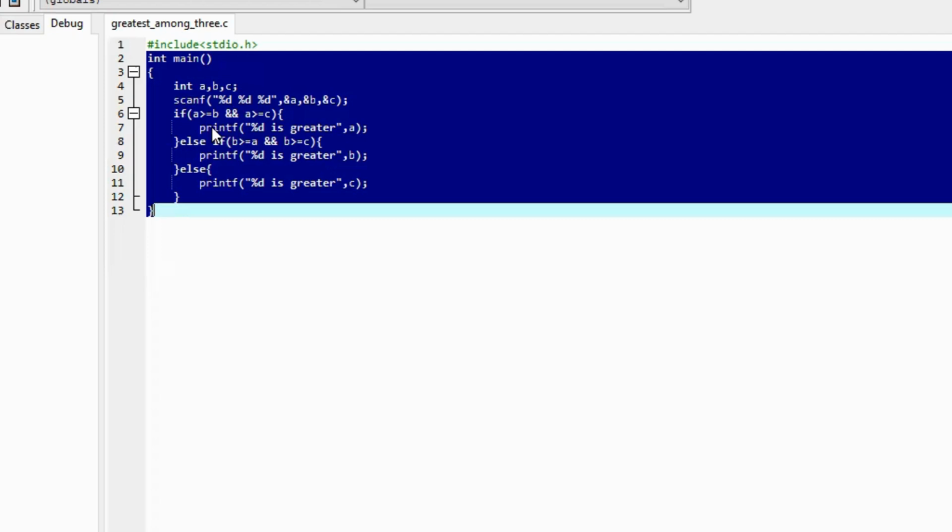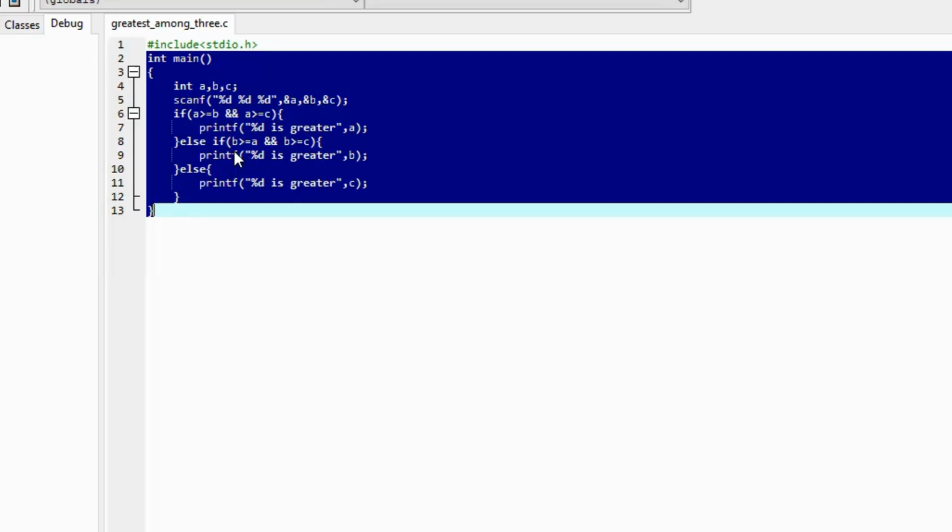Like this, in else if my condition is to check whether B is greater than A and B is greater than C. Here also it is the same. If both the statements are true, the statement under the else if part will be executed, or else it will be false and it will be executed in the else part.